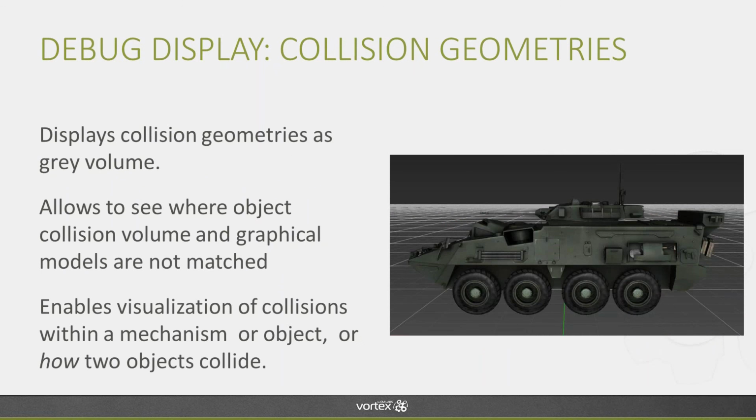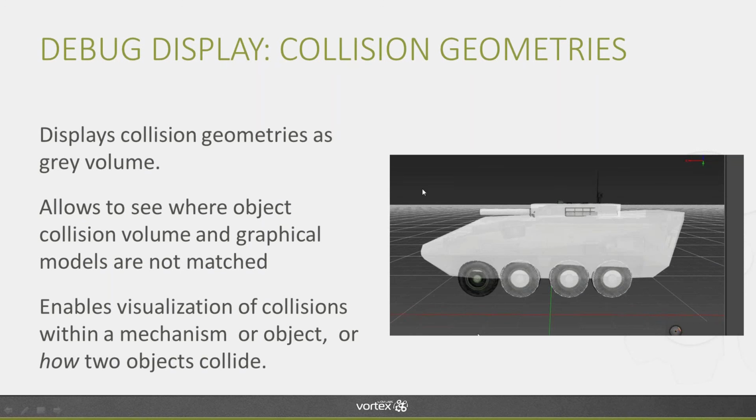All right, the next one is collision geometries, and what this does is it displays a gray-white overlay for the collision geometries of your model. Now, this is good to see where the collision volume and the graphical model are not matched. So if we look at our LAV here, for example, we can see that on the turret we have some elements that are sticking out above the turret. But if we look at the collision volume, then you'll see that this is actually not part